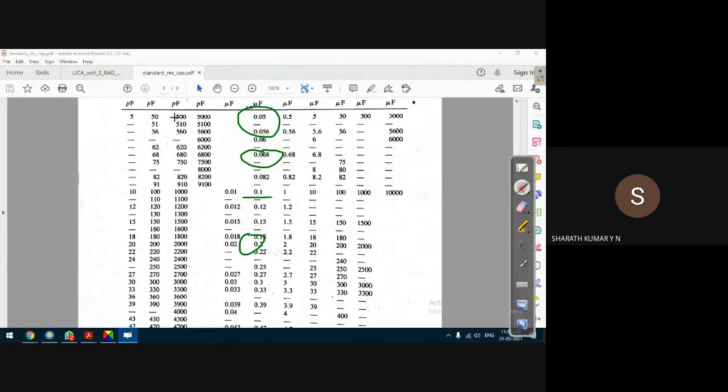It starts from the picofarad range. We have even 5 picofarad, a very small value. The maximum range itself is microfarad, up to 10,000 microfarad maximum value. That means it is, I think, 10 millifarad maximum. Okay, so it is in the microfarad range. All communication networks deal with very small values of capacitance: microfarad, nanofarad, picofarad. Very small values of capacitance, and that too should be from a standard capacitor value.